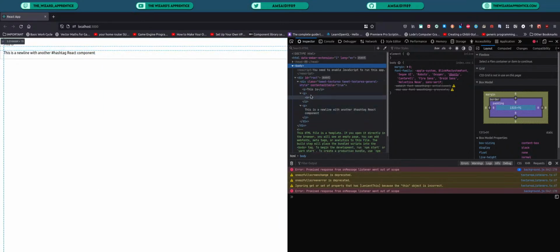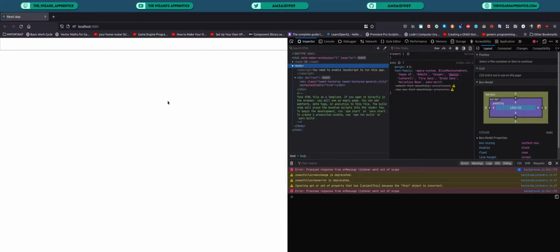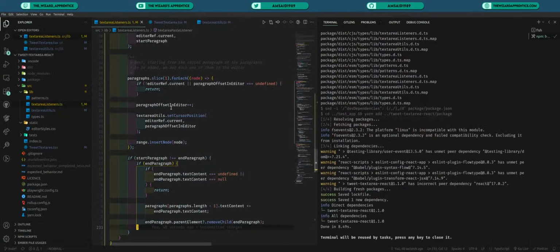And everything is working properly. Still need to do the formatting, of course, and add the first paragraph, but that's fine, we haven't implemented that yet, so we should be okay. Good. So next,